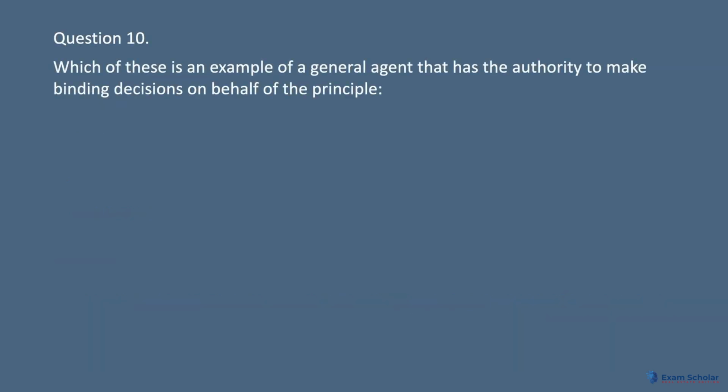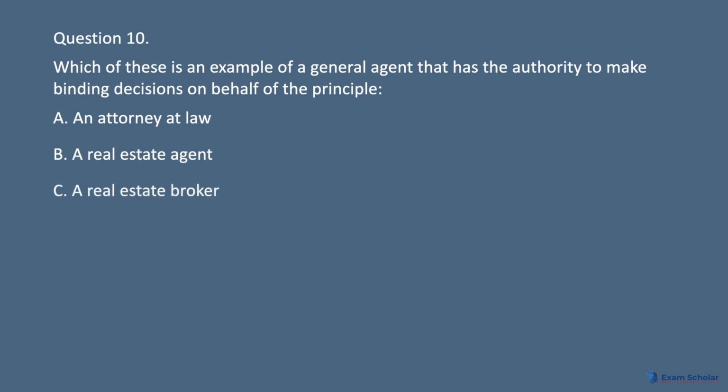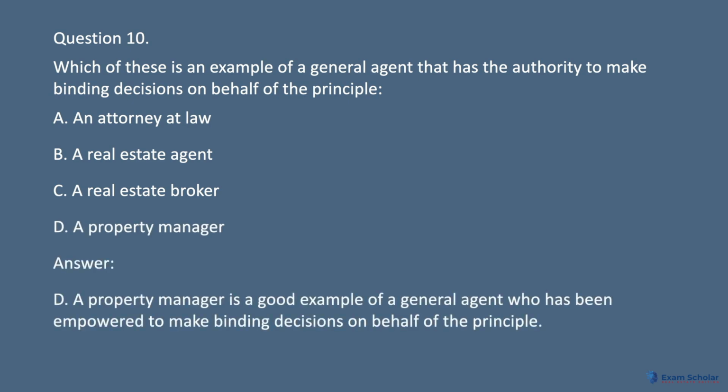Question 10. Which of these is an example of a general agent that has the authority to make binding decisions on behalf of the principal? A. An attorney at law. B. A real estate agent. C. A real estate broker. D. A property manager. Answer: D. A property manager is a good example of a general agent who has been empowered to make binding decisions